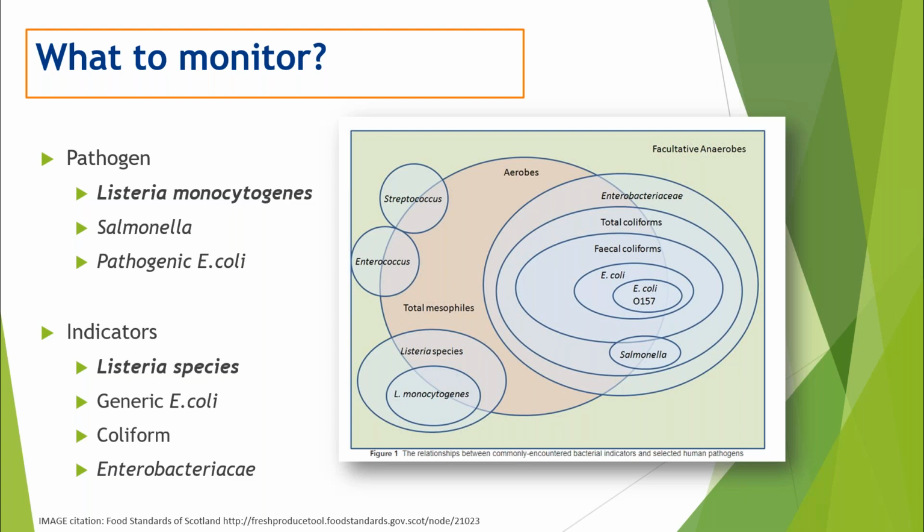So if we look at this graph or this picture here, we have many different ways we can approach environmental monitoring that are inclusive of pathogens and indicators. So whether those are Listeria species, generic E. coli, coliforms, Enterobacteriaceae, which are big groups of bacteria that include within them pathogens potentially of concern, those would be considered indicators. Or we can take a very targeted approach, as we want to know if the pathogen itself is there, and we can go at it in that respect too. But these are things to consider as you design your program, and it's in combination with the type of product risk that's coming in your door, and also what you're trying to learn from it.